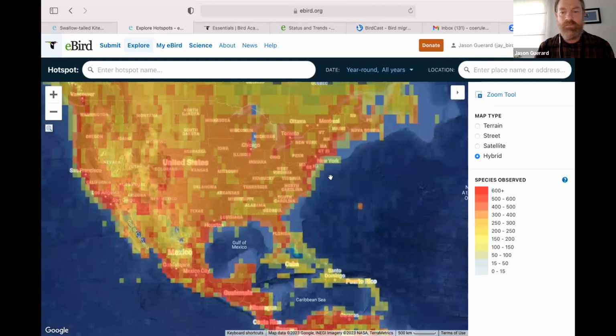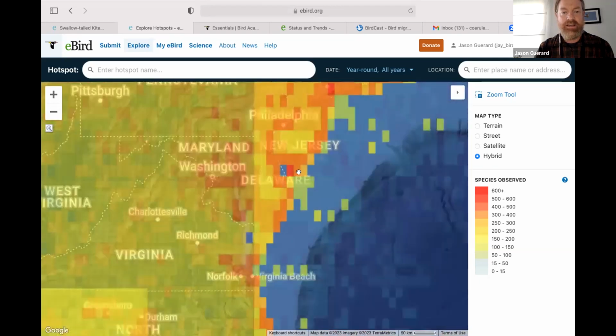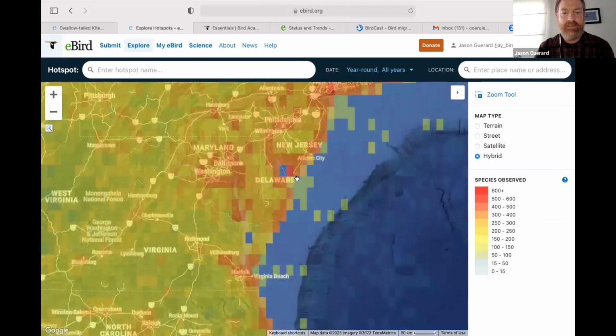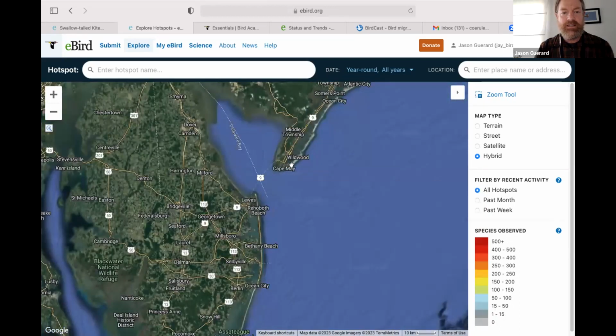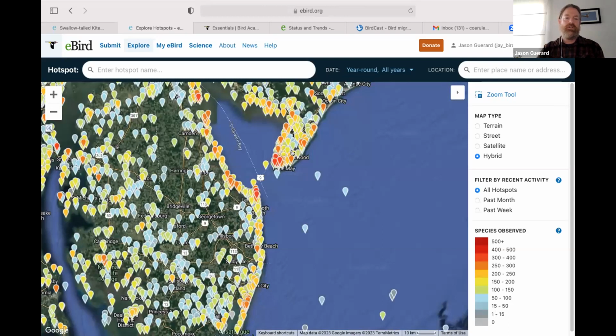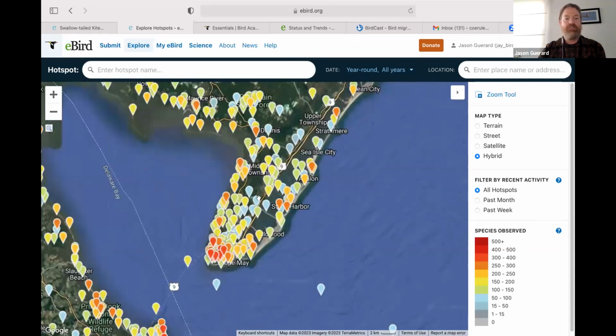But you definitely get up into the 500s in some other areas. So here we are in Cape May, New Jersey. So I'm going to take a trip up to Cape May, where do I want to go birding? This helps